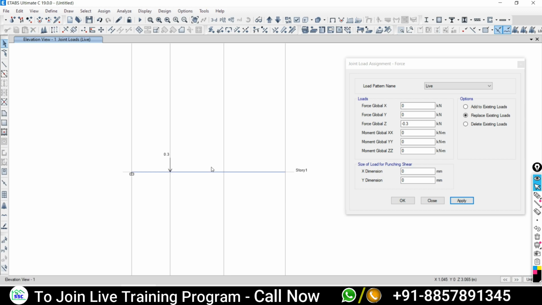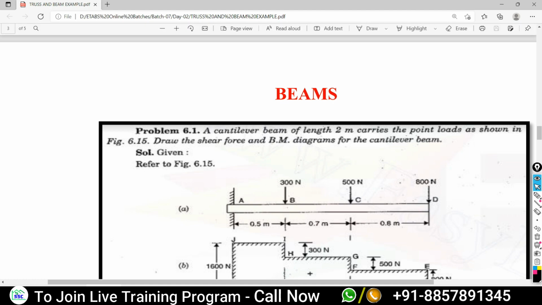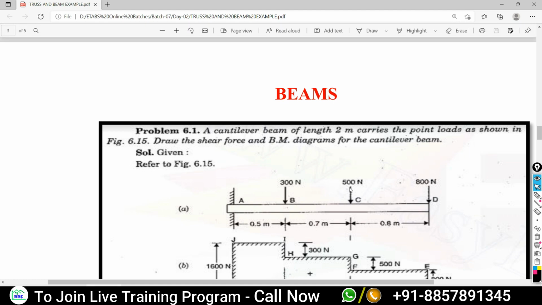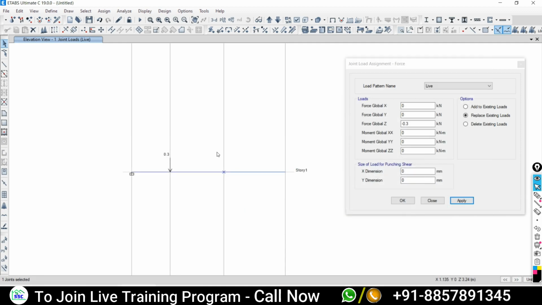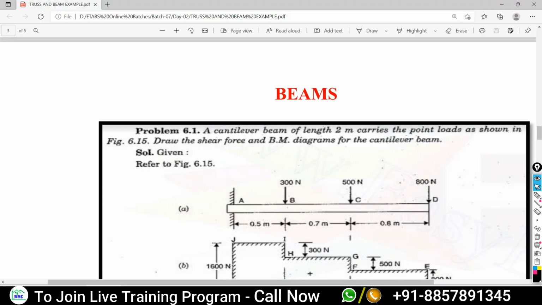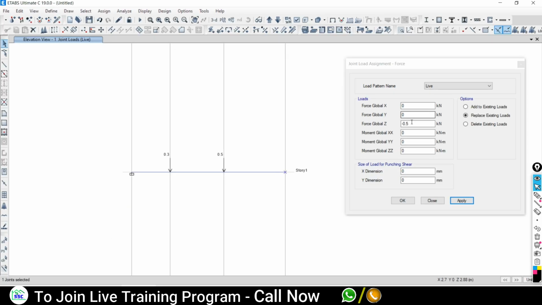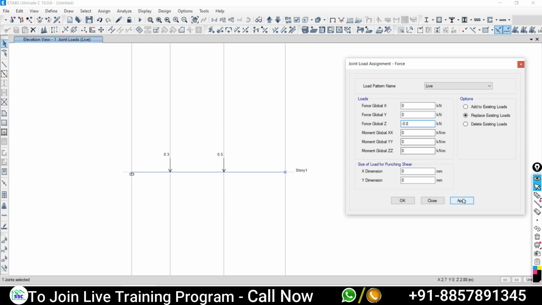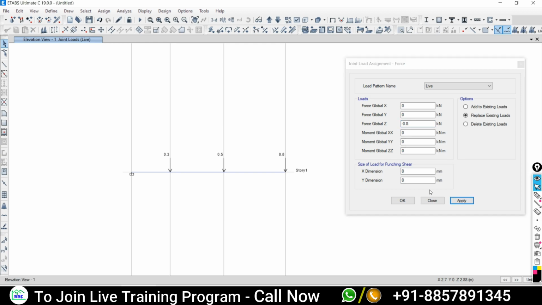Clear this. Again, drag from left to right, passing to cover this joint. So this joint will be selected. Now let's find out how much load is there. 0.5. Go back to ETABS again. Just put it here, 0.5. Just say apply. Is that all okay? Yes, sir. Now the next point. At the free end, it is 0.8. Go back to ETABS. Select this joint. 0.8. Just say apply. Is that all clear? Is there any doubt or question?